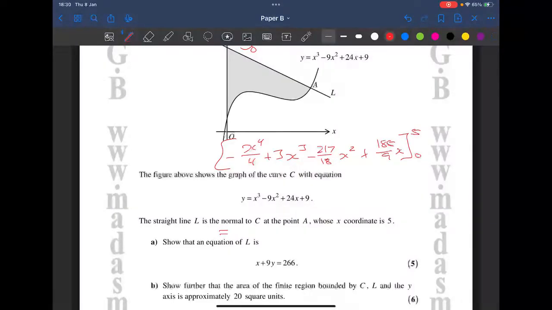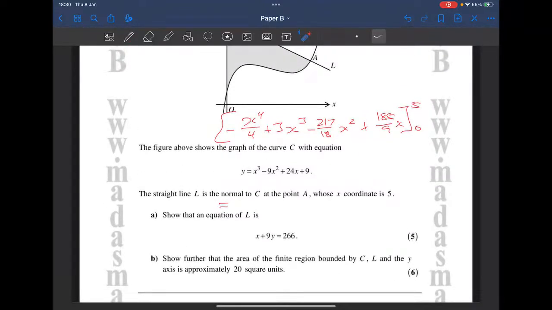So we need to have negative a fraction of 5 all to the power of 4 over 4 plus 3 lots of 5 cubed minus 217 over 18 lots of 5 squared plus 185 over 9 times by 5. And we get a number here. We were looking for something that's approximately 20 square units. The answer that we get when we actually sub everything in there on the calculator was